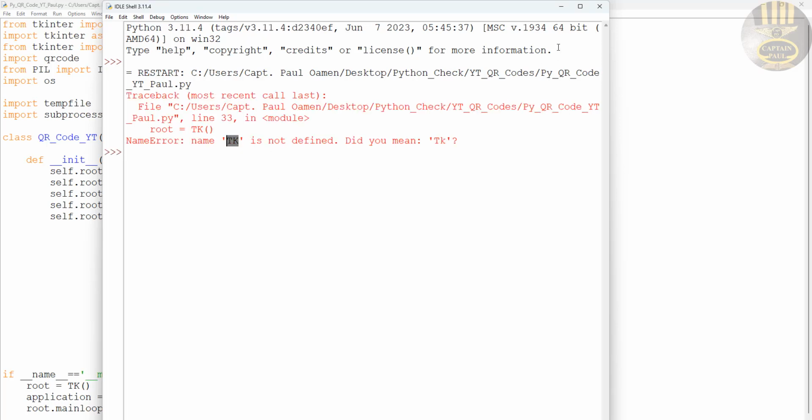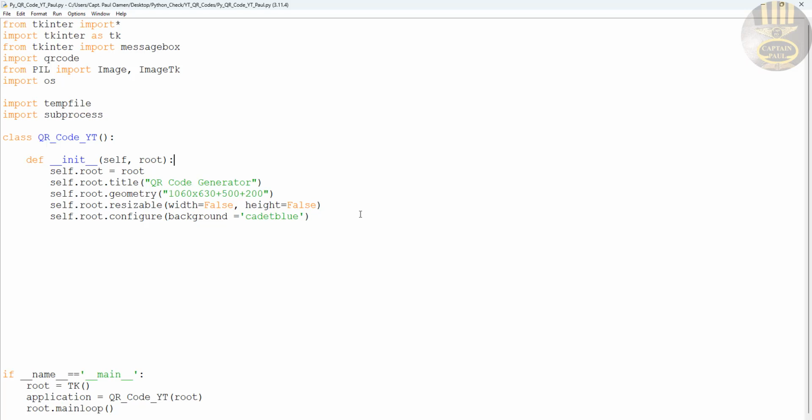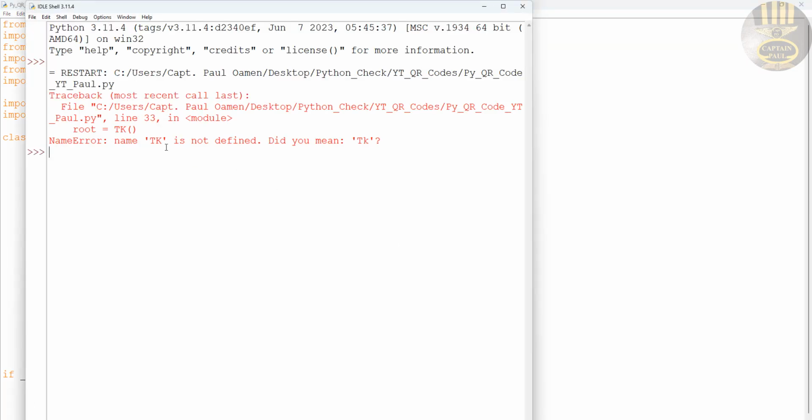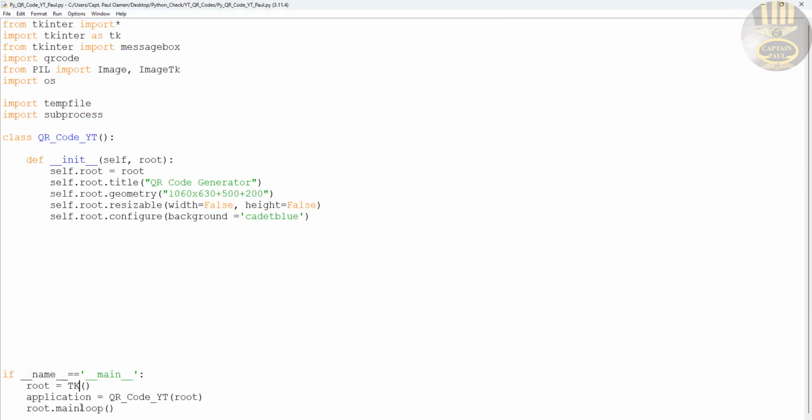Okay, it's now asking for tk. Okay, that's no problem. Yeah, so the problem I have in there is I have the K as uppercase instead of lowercase tk. So I'm just going to change that to lowercase tk. So let me show it to you guys again. You see the error now. Okay, you see right there, uppercase instead of lowercase. Right, close that. So make sure yours is lowercase. And that's it. So if I run it now,